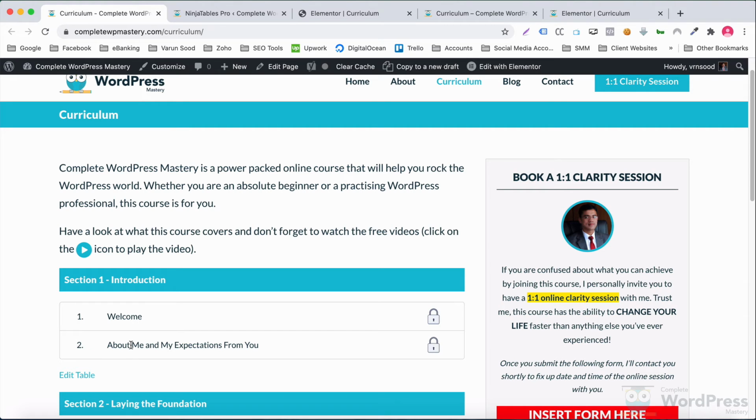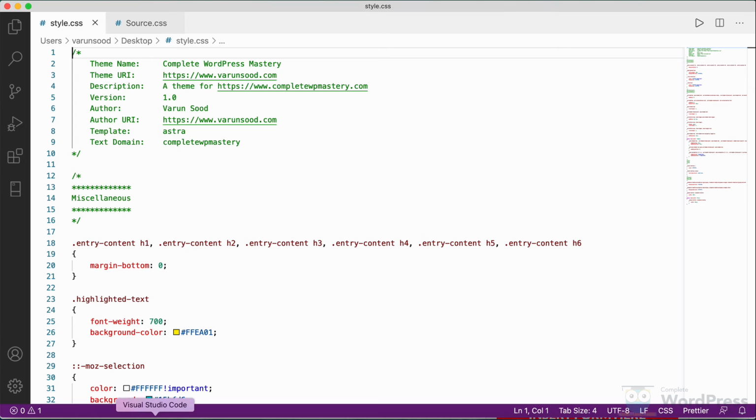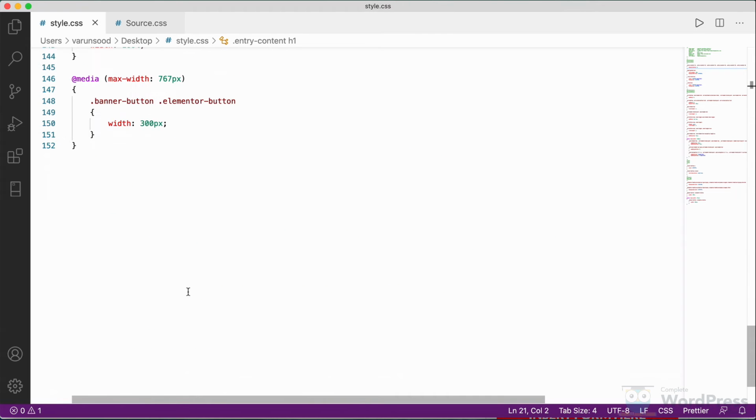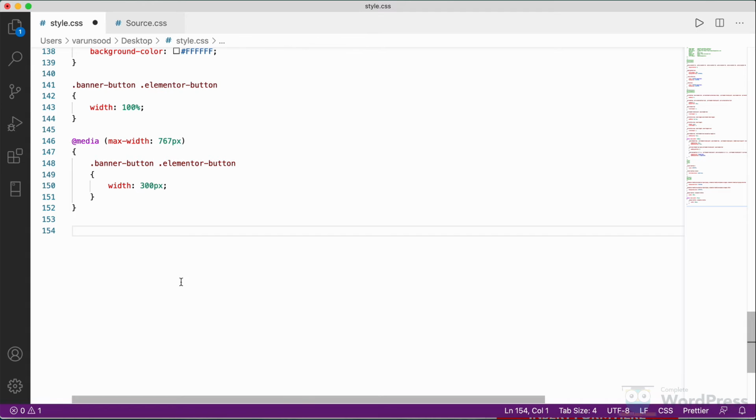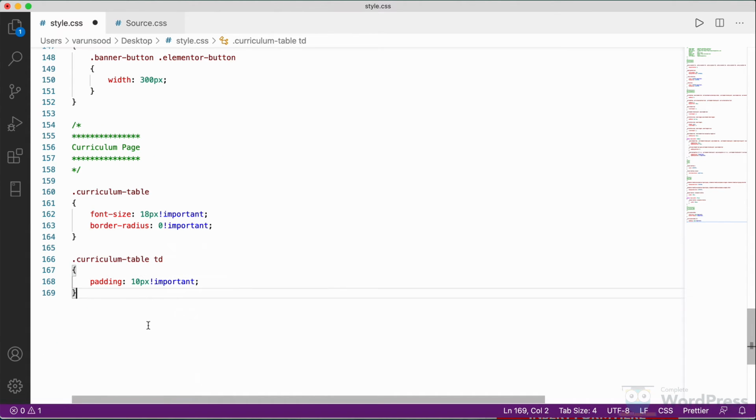I want to get rid of them and we'll do that using CSS. We added a CSS class curriculum-table to the table and we'll use that to apply some styles to the table. I have changed the font size of the text, made the border radius 0, and also modified the padding around the data.